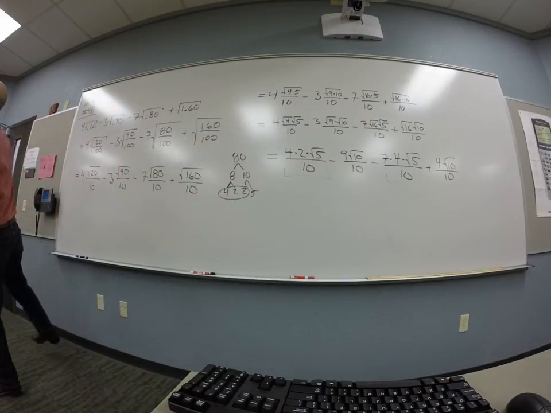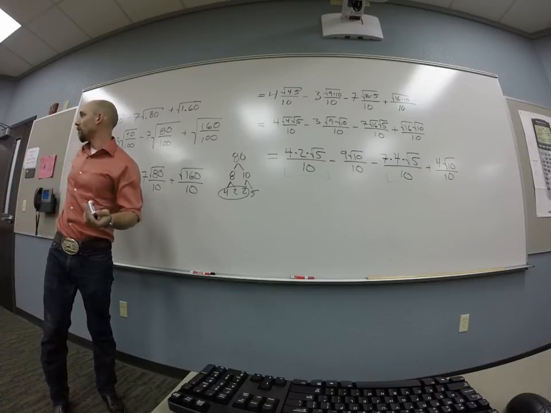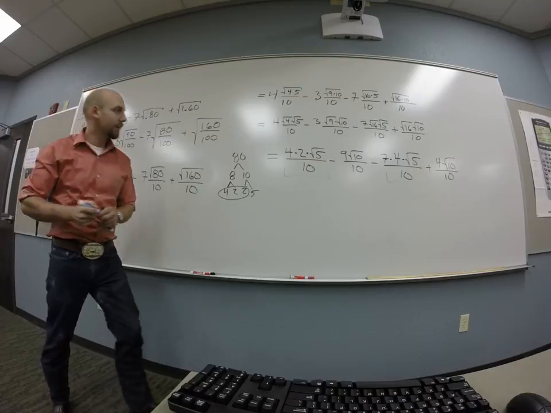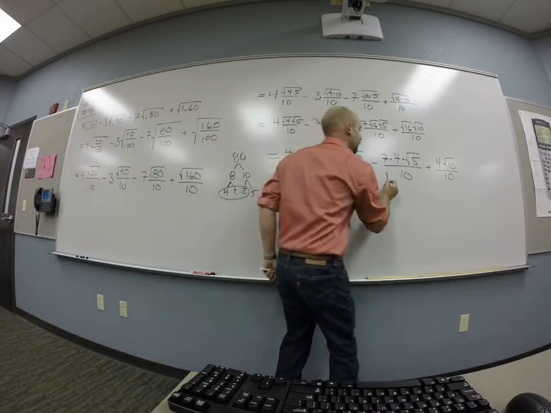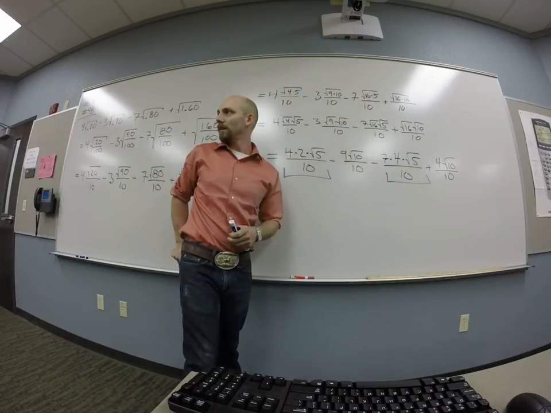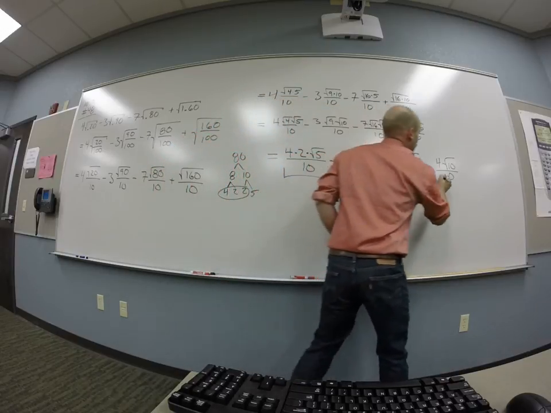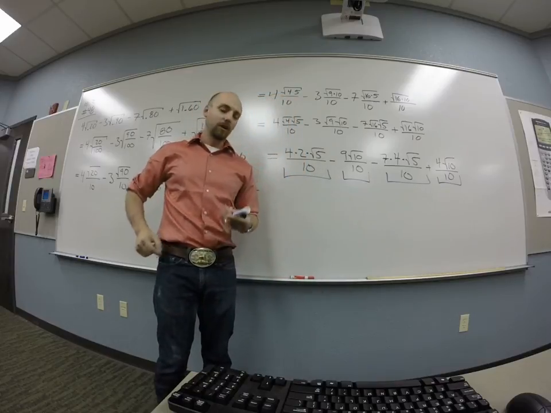But where the decimals were, we're not doing anything. Yeah, we don't have decimals, we've got tenths now, right? But my like terms are, I've got these two guys which have root 5s in them, right? And then I've got these two guys with root 10s in them, right? Okay, so